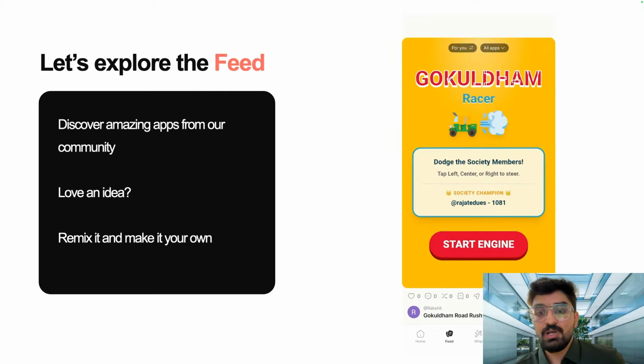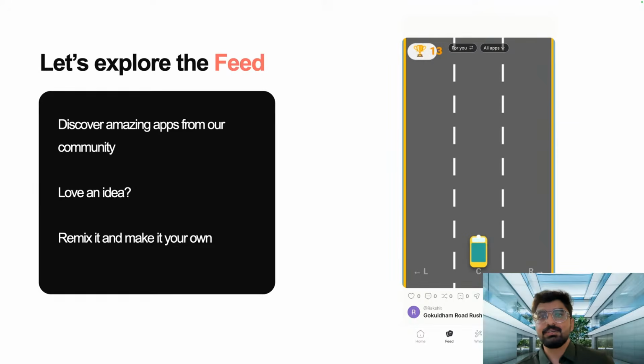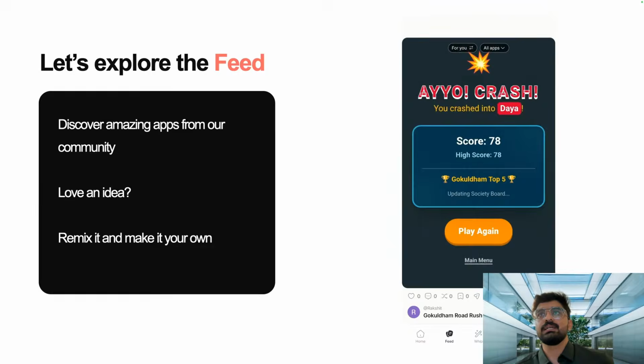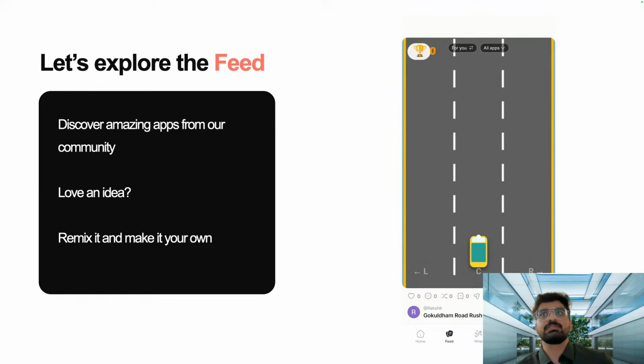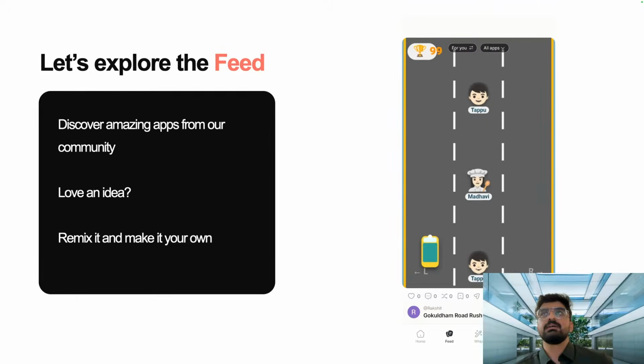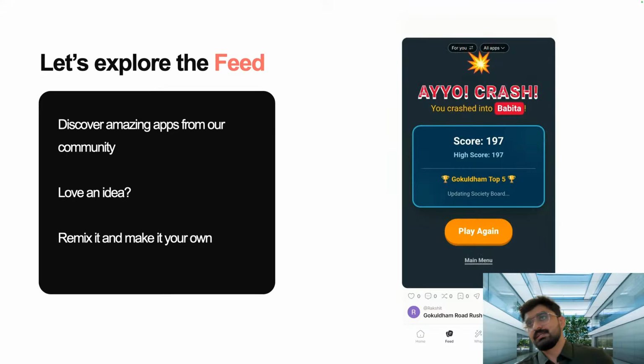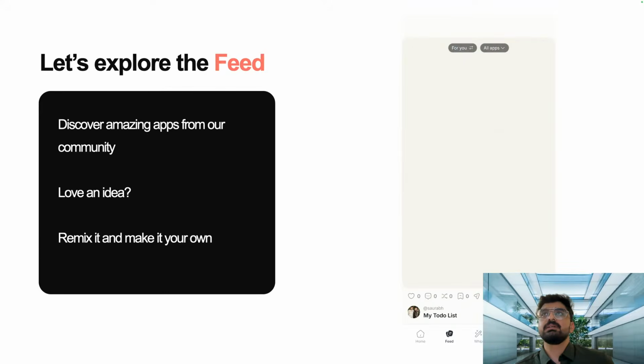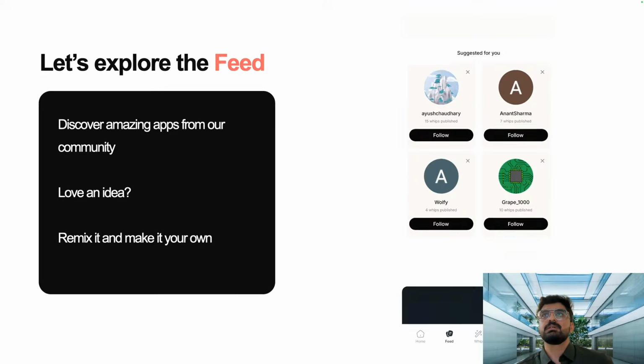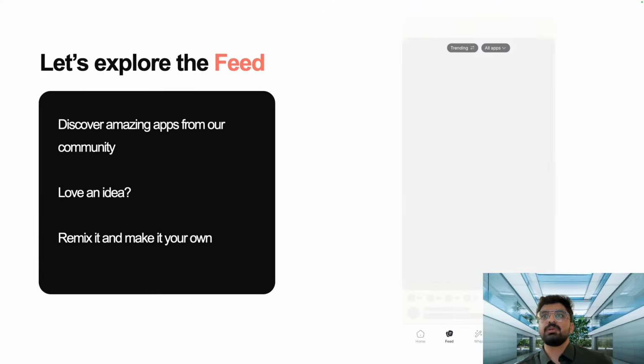All right. If you have installed the app, you would have seen it already. But we have an interactive feed where once you scroll, you'll be able to experience the application the person has made. All right. So here someone has made a racing game. All right. You go left, right. I didn't understand the mechanics at first. Okay, we have to skip everything. Okay, skipping, and I died. All right. So here there was a leaderboard there too. Next, you see more apps being there. All right.